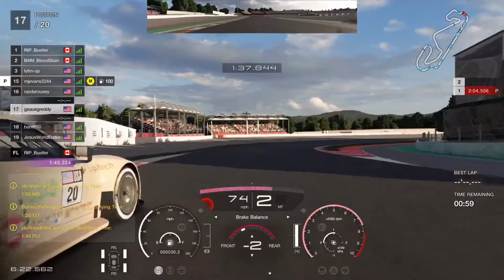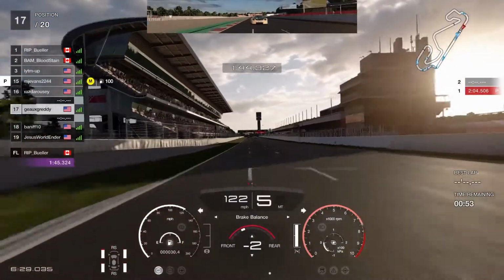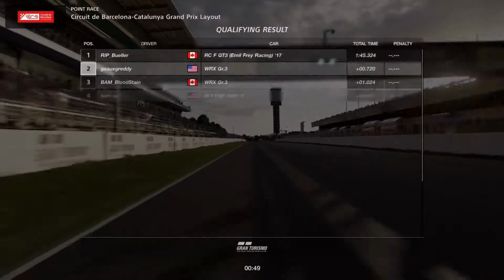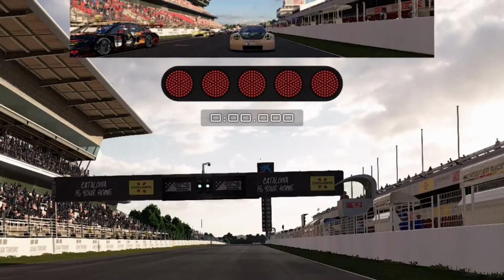So I make a clean pass down the inside of him on the final turn, and I'm going to cross the line with, watch this, a P2. I qualified second somehow with like the worst qualifying I've had yet. So apparently Bam and Pooh Bear and everyone else were held up worse than me. As you can see,